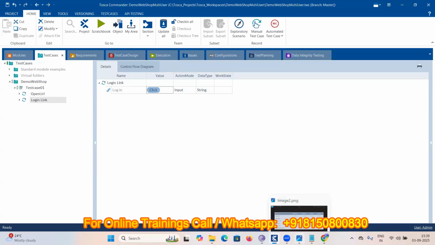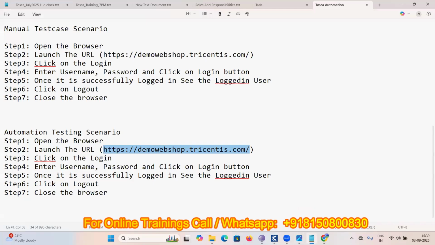After that, what do we have to do? What is the next step? First, we have to open the browser. In order to open the browser,